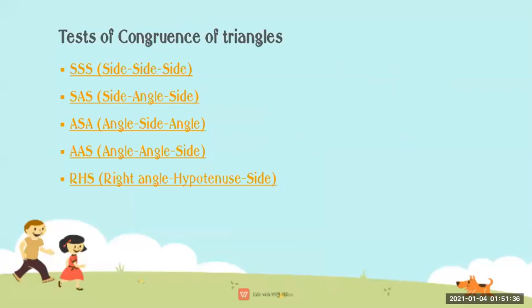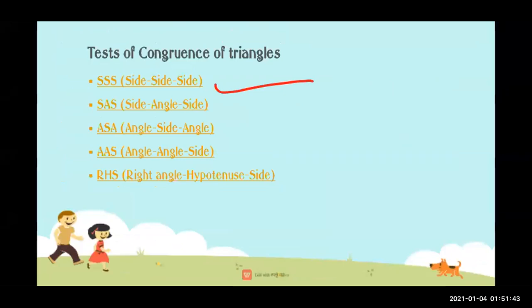Triangle. First one is the SSS test, that is, side, side, side test. How do we have to observe? We will see the diagram. By looking at that diagram, we have to know whether it is a side angle side test, a side side side test, or an angle side angle test. That we have to observe and write which type of test it is. So first it is side, side, side, SSS. You can write the short form of side, side, side as SSS.